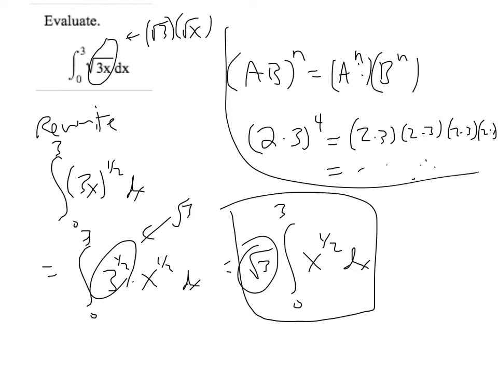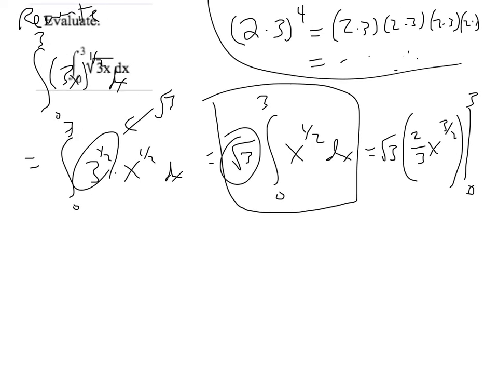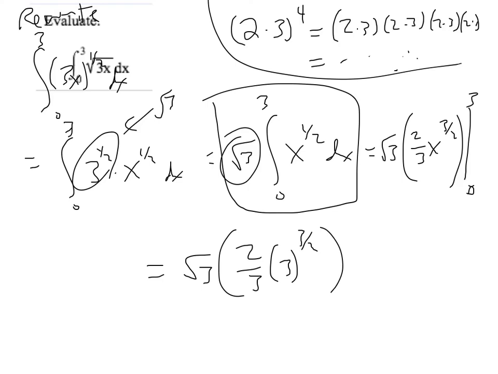So if I were to go ahead and actually do this, I would leave the square root of 3 there. Antiderivative of x to the 1/2 is 2/3 x to the 3/2. I need to evaluate that from 0 to 3. Fortunately, when you plug 0 into this, it's 0, so you don't have to worry about the subtraction here. But I'll have the square root of 3 times 2/3 3 to the 3/2 as my answer,